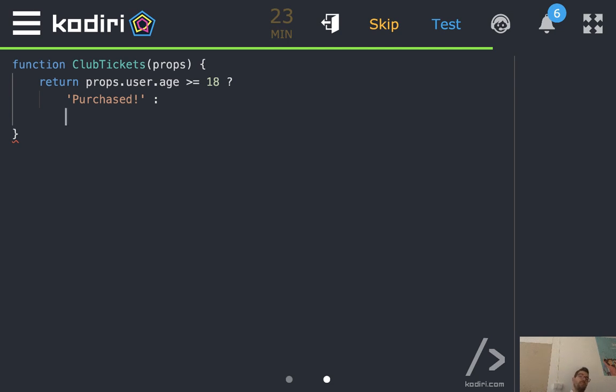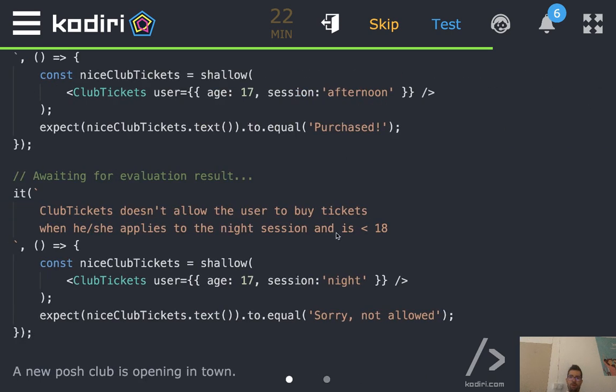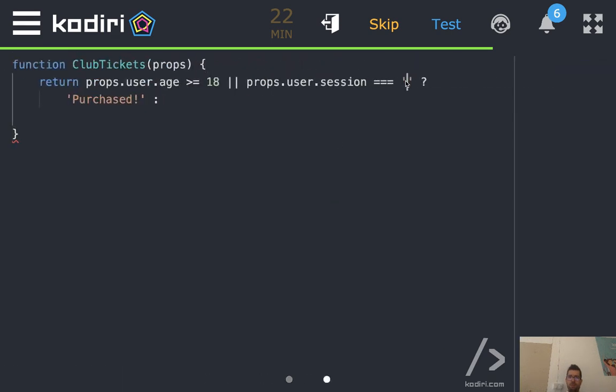We also got a scenario. If you are less than 18 years old, but you want to join the afternoon session, that's okay. So then, look at what I'm going to do. Or props.session, cool, props.user.session equal afternoon. Else, so if one of these conditions is truthy, we'll talk about Boolean algebra within the next couple of